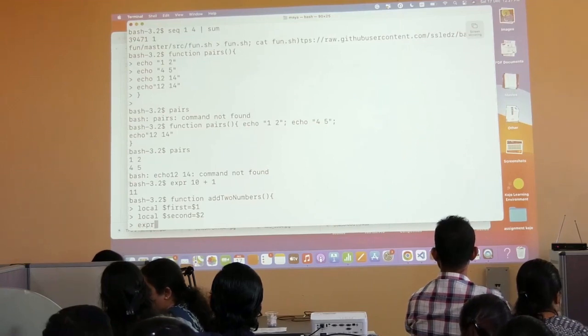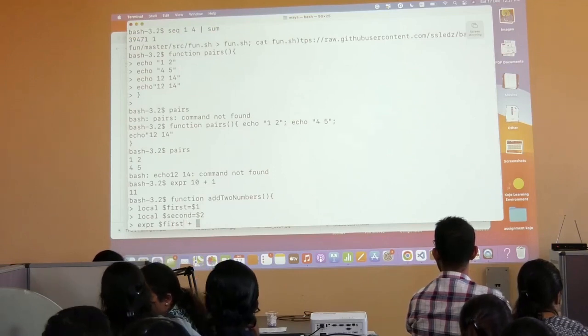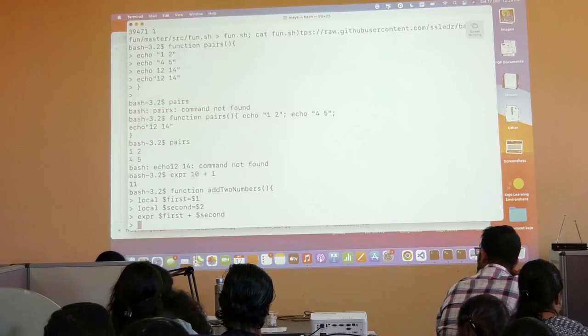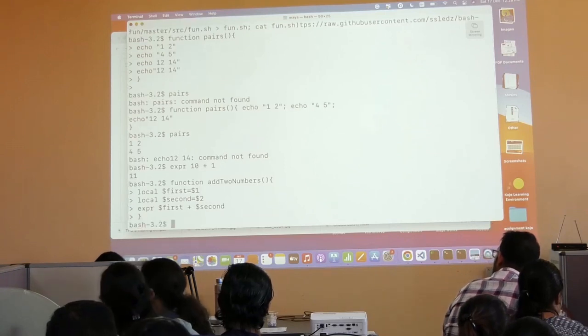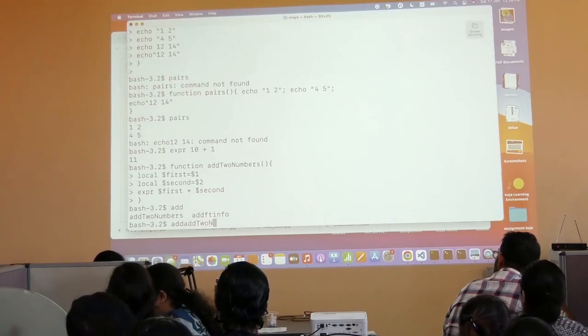Now I'm saying expression $first plus $second and close the function. So now when I say add two numbers